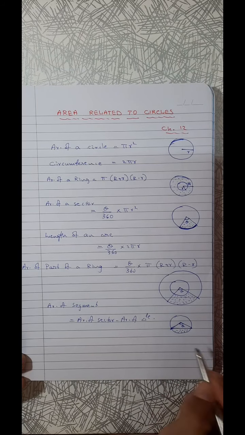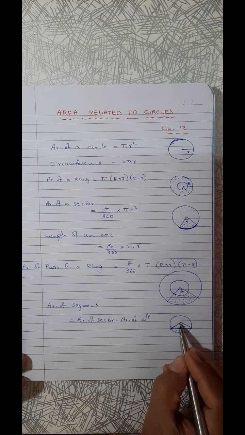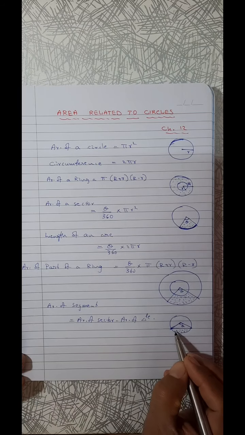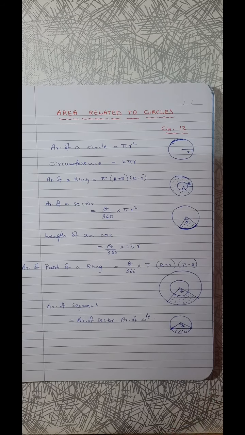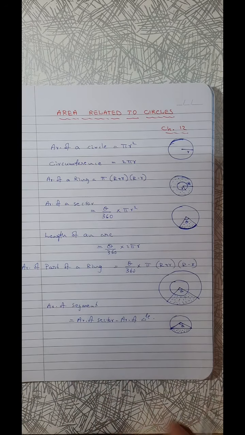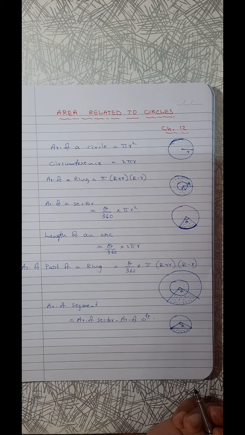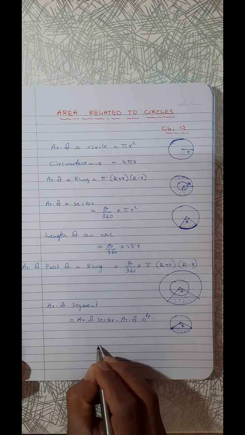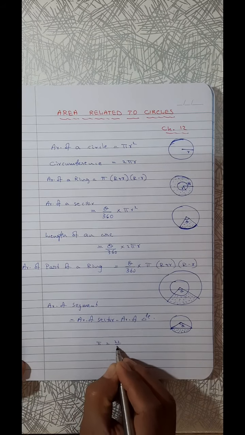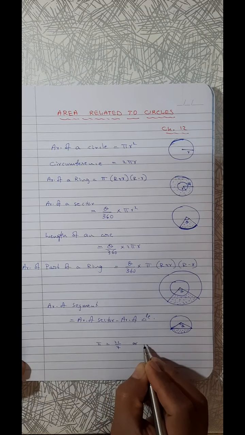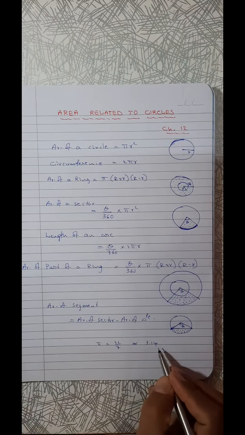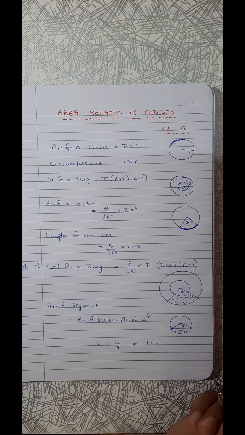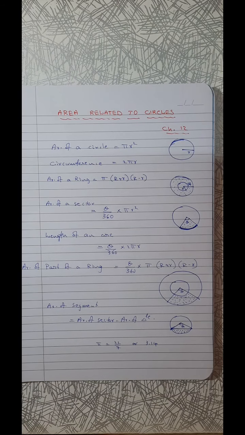First we will calculate the sector, then the area of triangle we can calculate, then if you do subtraction we will get the shaded part. Area of segment we will get. Area of segment means area of sector minus area of triangle. Of course we know pi is 22 by 7, or 3.14 according to the question. Sometimes it will be written to take 3.14, otherwise 22 by 7. So this much formula we have to learn by heart.